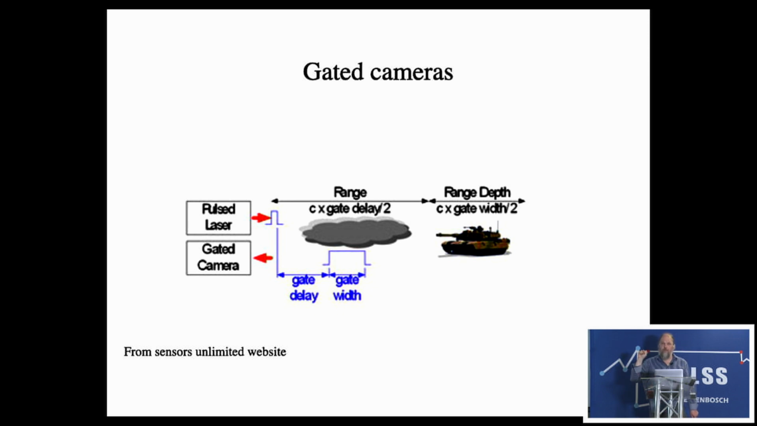So you fire out your light, you wait long enough that the light has gone through the bush, then you come back, and then you open the camera, and all you see is the stuff that's behind the bush. It has all sorts of military applications, as this picture unfortunately implies, but